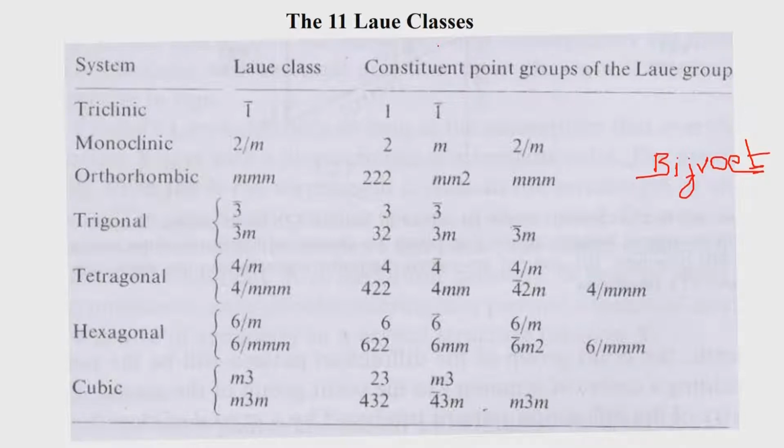This gentleman found out that the difference is due to something very interesting, and that is the phenomenon of anomalous dispersion. So, what happens in anomalous dispersion? I do not think this is within the core purview of our course, so I will just describe verbally for a couple of minutes what this process is all about. When X-rays fall on a given element, it is possible that the energy associated with the incoming X-rays is sufficient to knock out the K shell electrons.